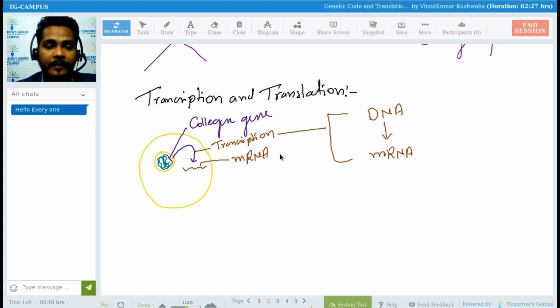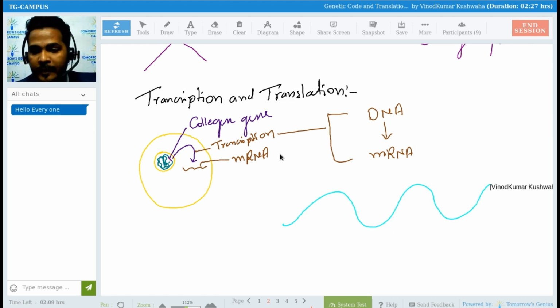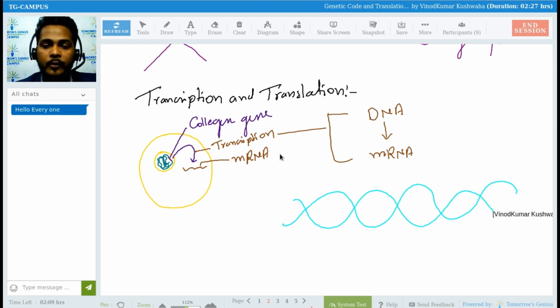And you have already studied the replication process. Yes or no? Yes, in the last session we studied about replication. What is the replication process? You know that DNA is a double helix. So suppose this is the DNA double helix, right? So during the replication, what happened? You know very well that during this replication process,